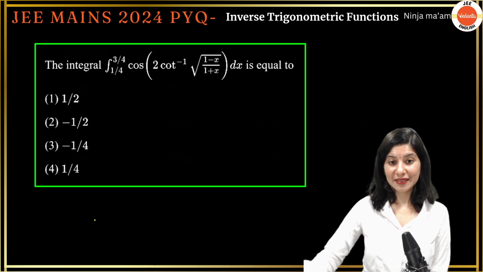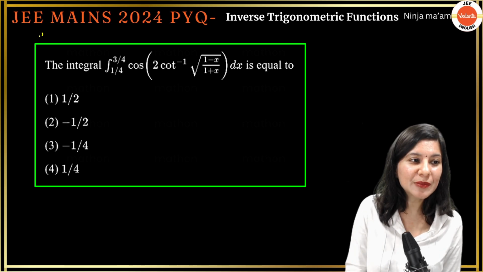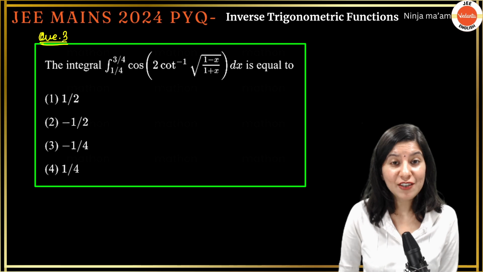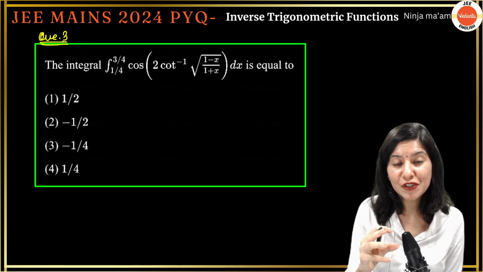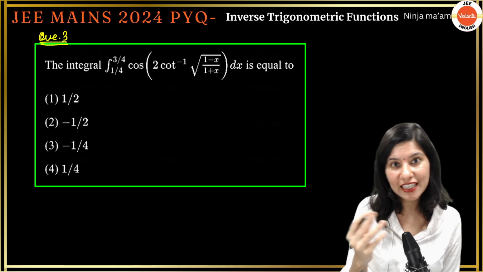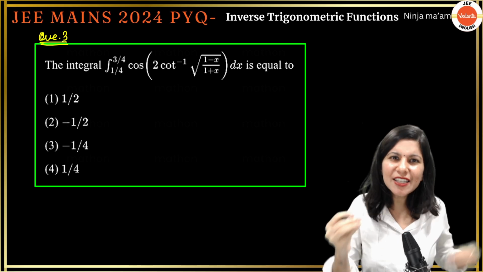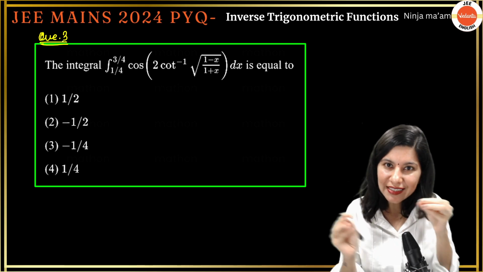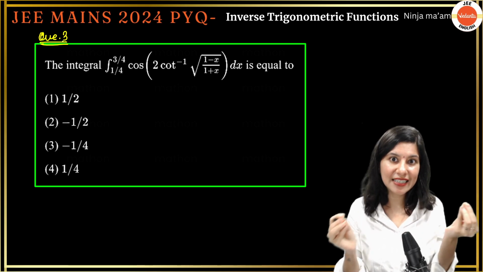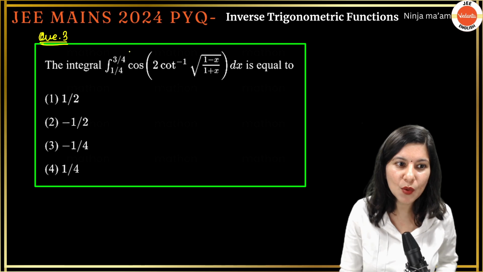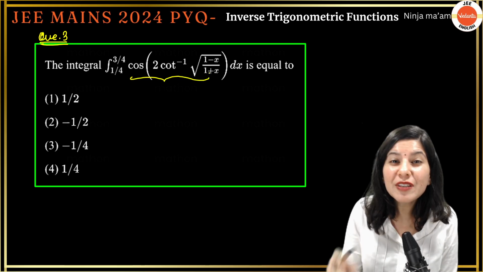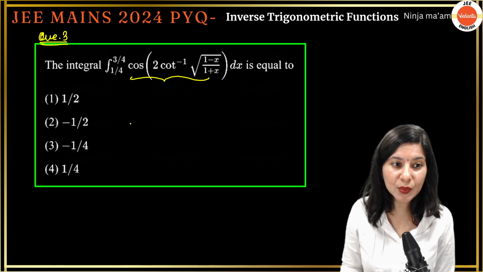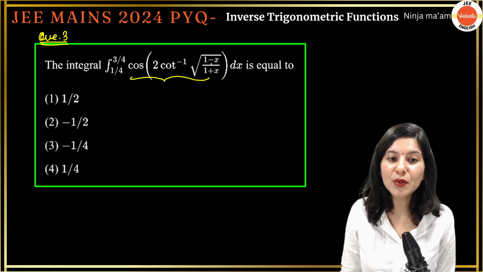Okay, alright. Now you can clearly see the third problem from ITF is actually a combination of integration, basically definite integration, and ITF. But trust me, the integration part is very less. So I will say that 90% this is trigonometry and 10% is the integration part. Okay, so this whole expression will turn out to be a very basic expression. Okay, so the whole problem is all about how to convert cos of cot inverse square root 1 minus x